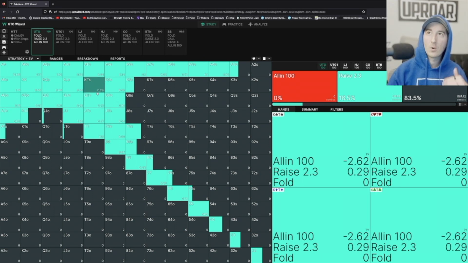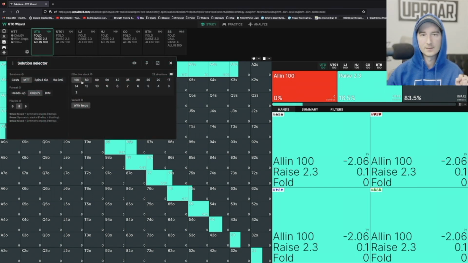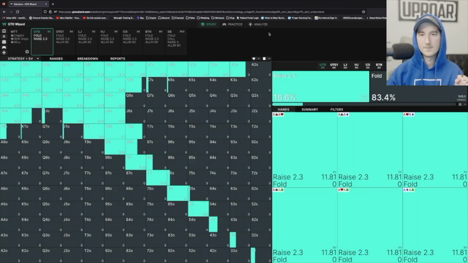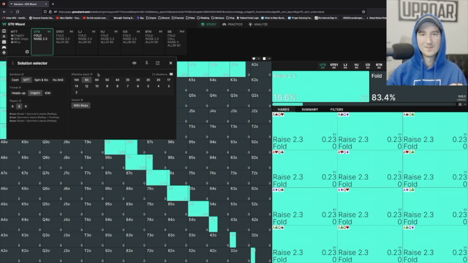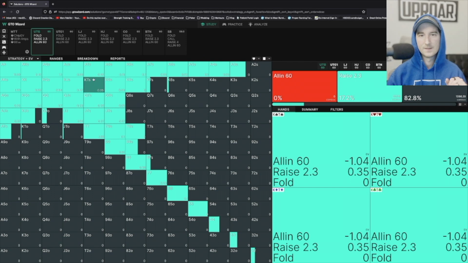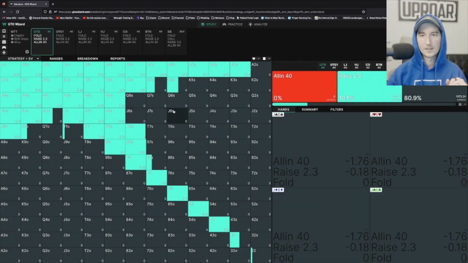But what about if I go down to 60 big blinds? How different is it? Or 80 big blinds? How different is it? I can literally just come here, drop in, and it will drop me at the exact same point in this sim. As long as I don't change this part, if I just change the effective stacks, it will drop me in the same point. I can go to 60, I can go to 40, and I can see these differences,